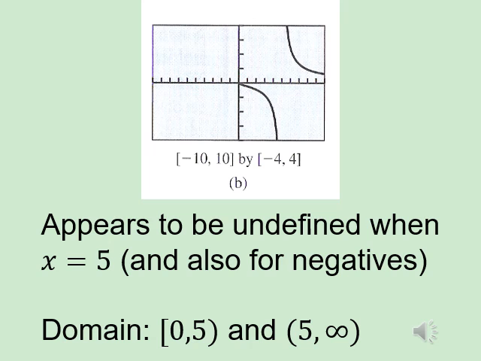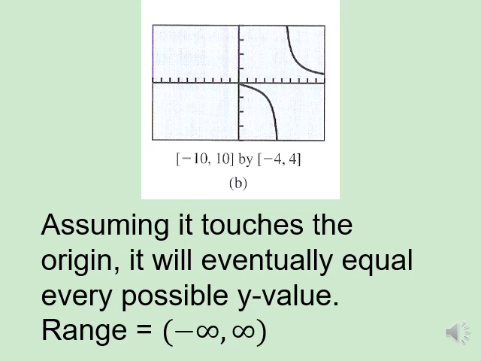for the domain. When we find the range, what we're looking at is what are the y's that are used. Well, I can tell from the first part of that graph that all the negative numbers are all used. And on the second part, so are basically all the positives. It cuts off at the end of this screen, but it's going to continue to go down and probably get closer and closer to the x-axis. Again, it's not totally clear whether it's actually touching the origin, but if it does, we would also include 0, and it would be all real numbers, negative infinity to infinity, going up and down, that would eventually be in